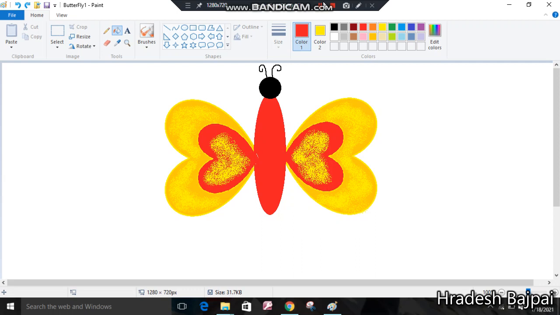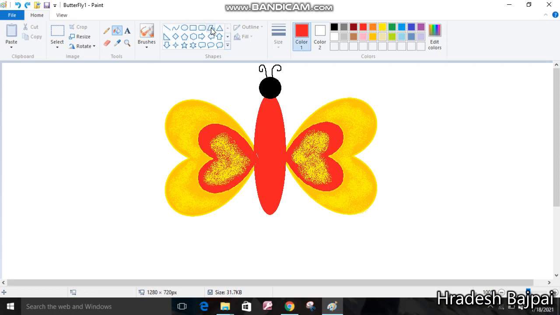So in today's class I am going to show you how you can draw and color different kinds of shapes in MS Paint. Okay, so starting chapter 8, draw and color shapes. In this chapter first I will tell you how you can draw a polygonal shape in MS Paint.